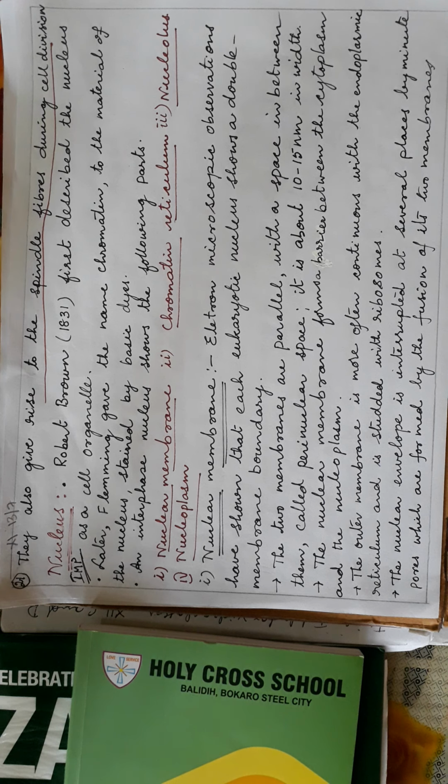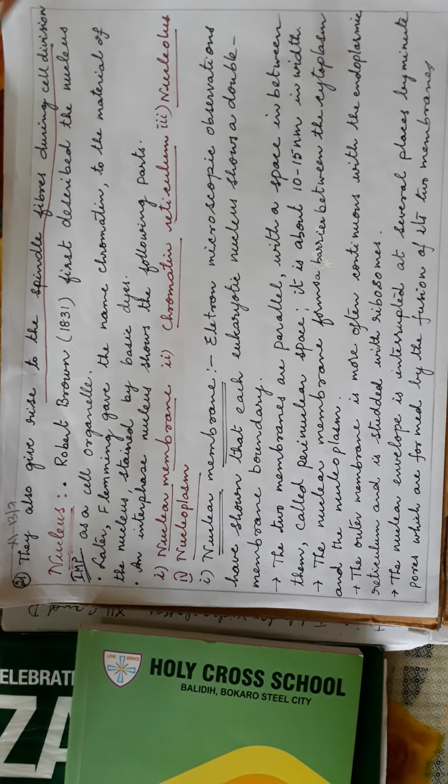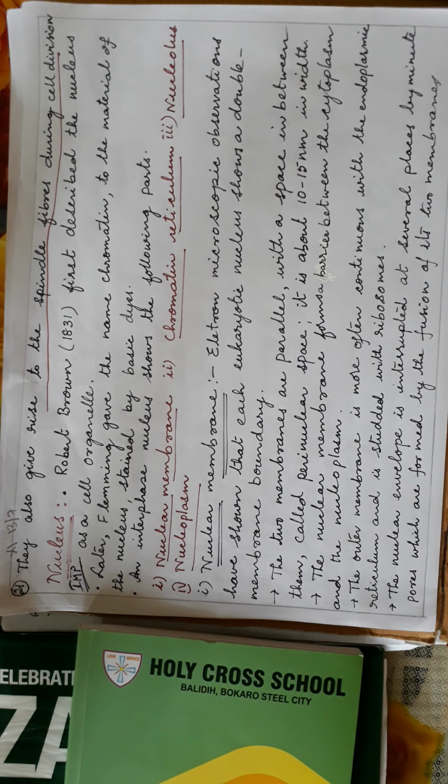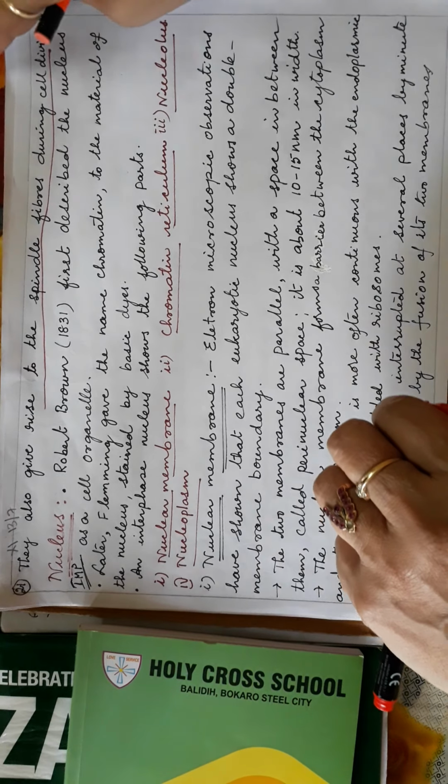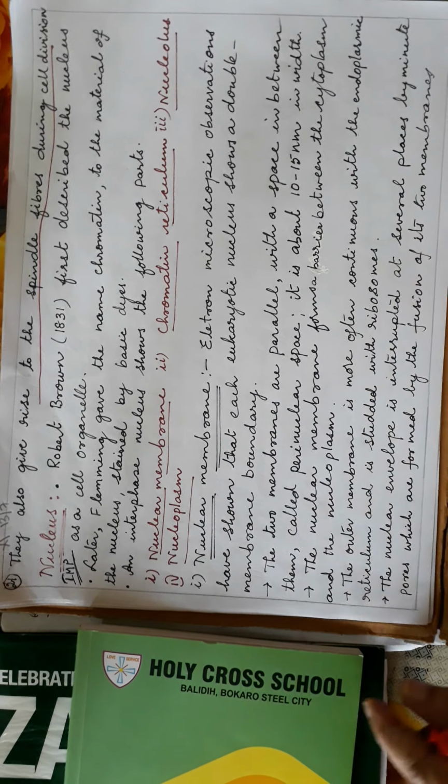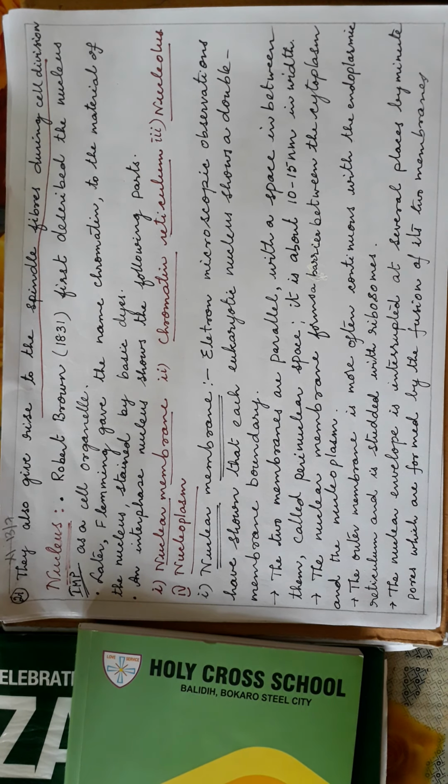And next, the most important and interesting part, which you should know in detail, but now just the outline you will learn. The most important part is the nucleus. Where is the nucleus? The nucleus is in the center part of the cell, in plant cell and animal cell. There are two kinds of nucleus: prokaryotic nucleus and eukaryotic nucleus. The prokaryotic nucleus has no boundary wall, while the eukaryotic nucleus contains the nuclear membrane.